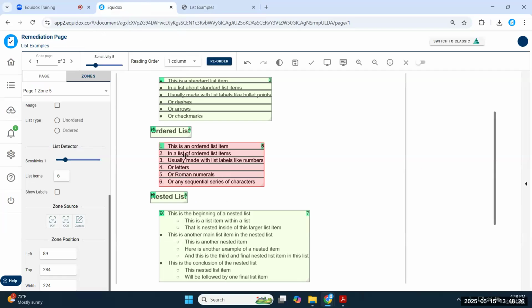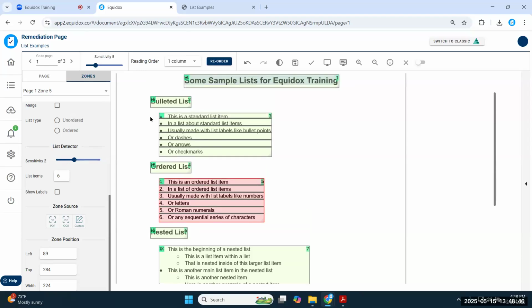So what I recommend when you're dealing with an ordered list is with your slider, go at least to the 2nd setting. When I drop it on the second setting, that little wheel that's spinning around, that's the artificial intelligence working on things right now. The artificial intelligence is smarter than that first list detection level, which is very elementary. It's just seeing a bullet point and creating an item. But the artificial intelligence powered settings, which are settings 2, 3, 4, and 5, you have different variations of it. It's smart enough to look inside of these list items, and it's picking out that there's a high likelihood